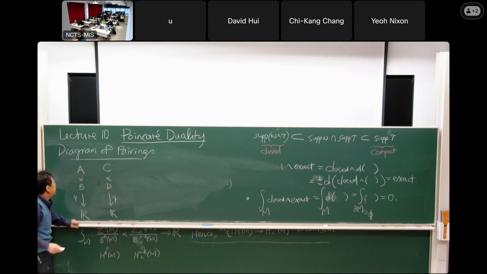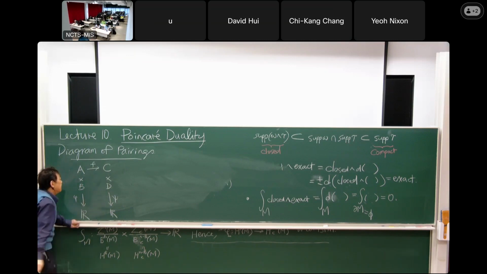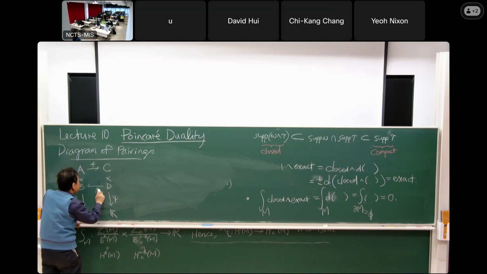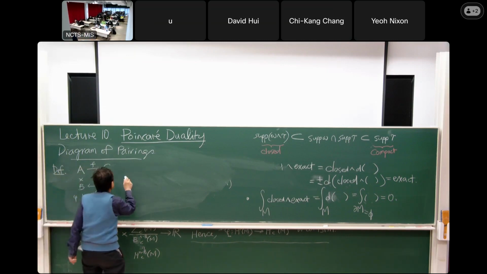And I have a linear map f from A to C, and a map g from D to B. So I get a diagram like this, and I say that the diagram is commutative